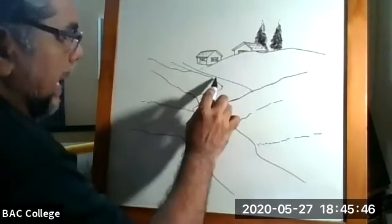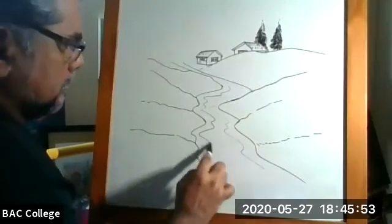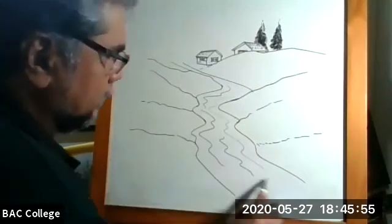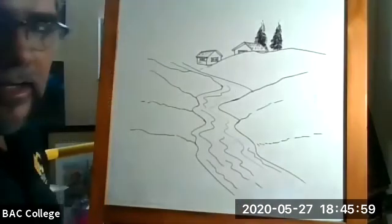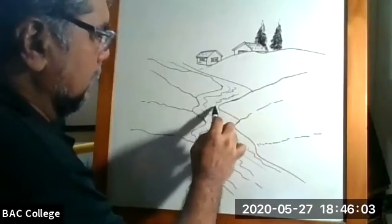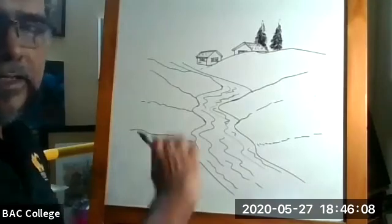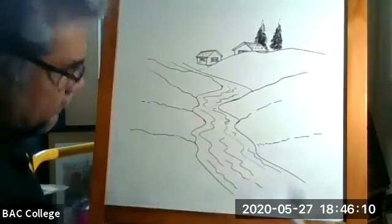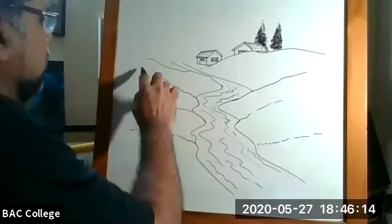Okay, let's draw some lines for the river flowing. So the lines also must curve to show that it is like a river. Okay, short lines, long lines, but it must curve down the flow. It must curve down the flow that way. And then you can also draw